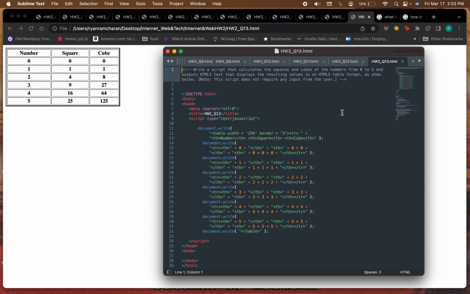Plus 0, so that would be in number, plus table head again, and then plus 0 times 0, plus the ending of the table head onto the next table head, plus 0 times 0 times 0. And I just did that from 0 to 1, 2, 3, 4, and 5. As you can see,